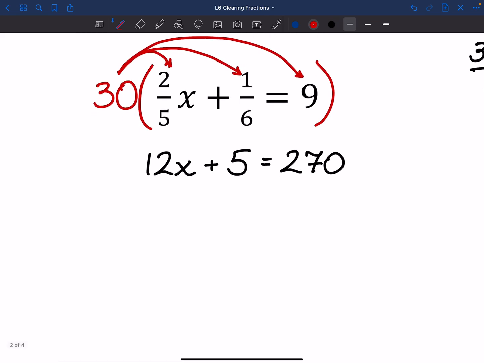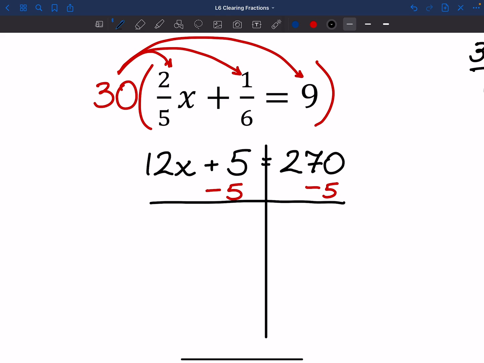After that, all I need to do is start moving some stuff around, right? This is a 2-step equation from here on out. So I'm going to subtract 5 to get that over to the other side. Right? So 270, subtract 5, not divide by 5, is 265. Okay. After that, we still got to get rid of that 12, right? 12 is 12 times x. So we're going to divide by 12 there. And on the other side,